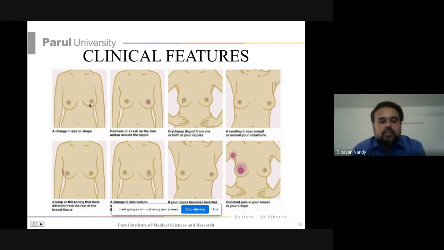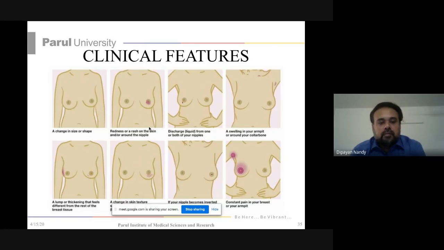Even in resting position, this may be the only sign which can indicate that there can be some problem inside. It's very important when you're examining a patient to inspect properly before you start palpating. Inspect properly, compare both breasts. They should be identical. Their levels should be similar, and the nipple areolar complex should also be in